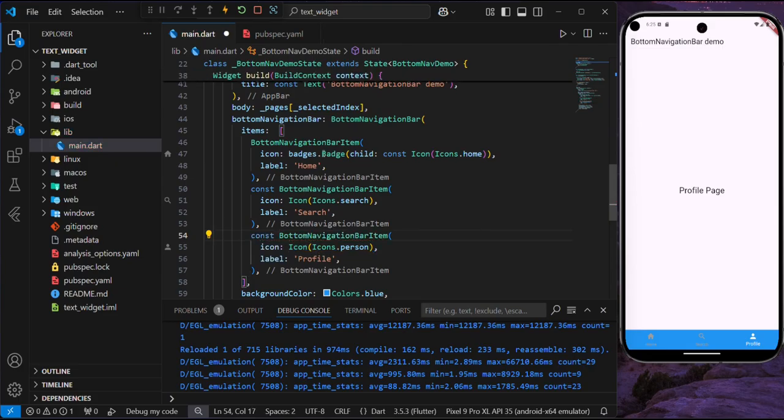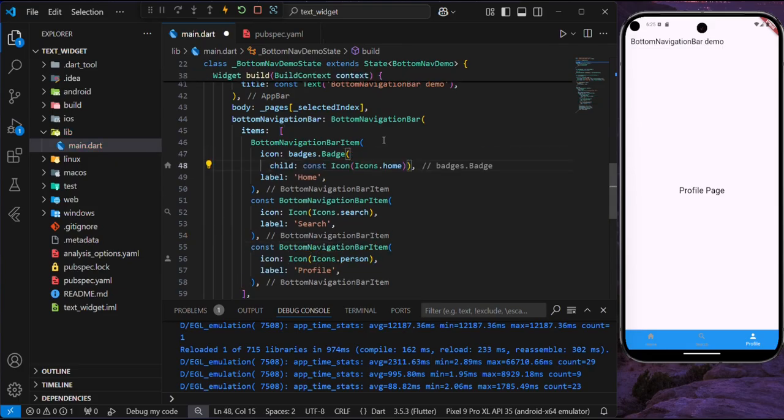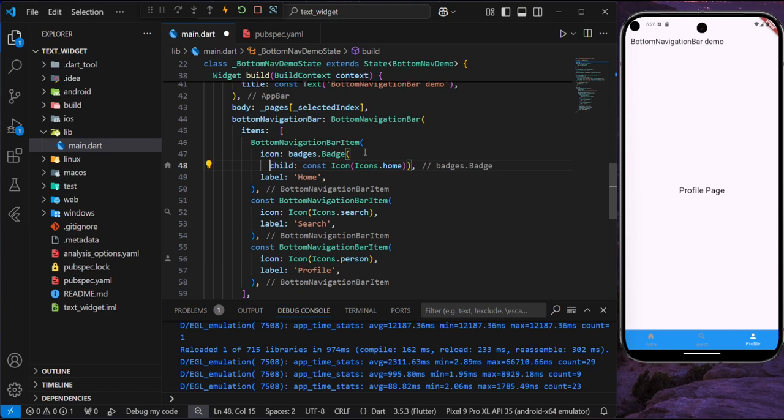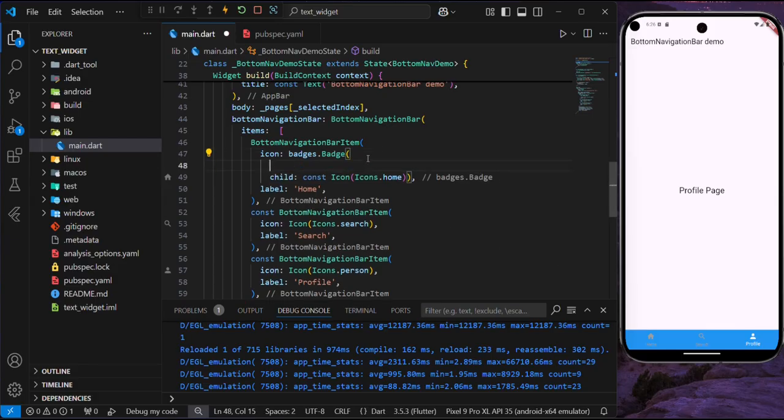So after adding that, you can hover on it, and then you can see some things you can do with it. So you can give badge content, you can give a child, which I already did, which is our icon. You can give badge color, elevation, animation, position. But what we're just going to be working with is our badge content. So badge content simply means what is going to display on your bottom navigation item whenever there's a notification. So I'm just going to come here and say badgeContent,